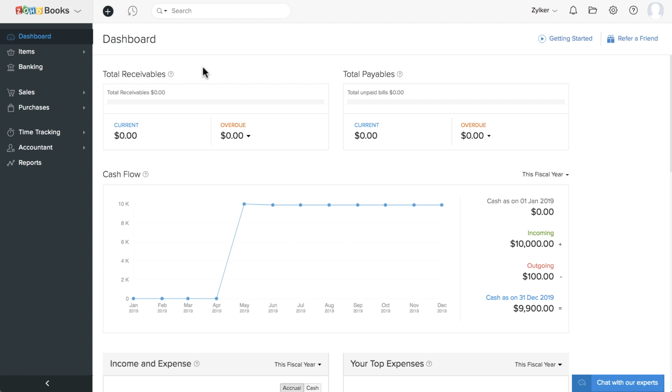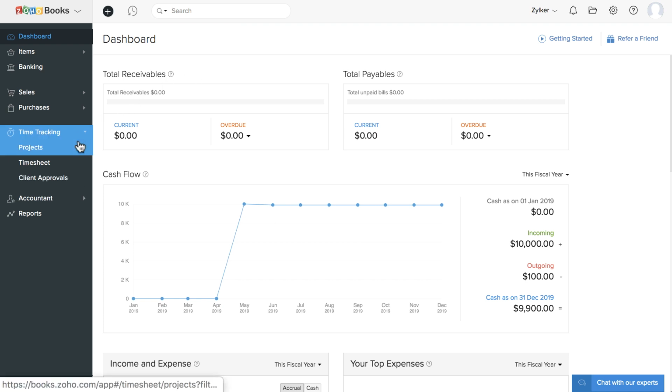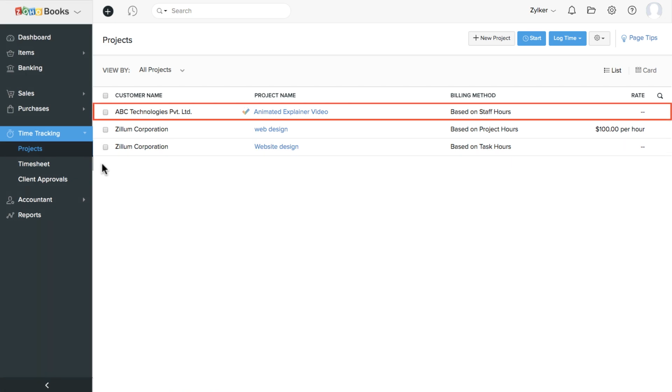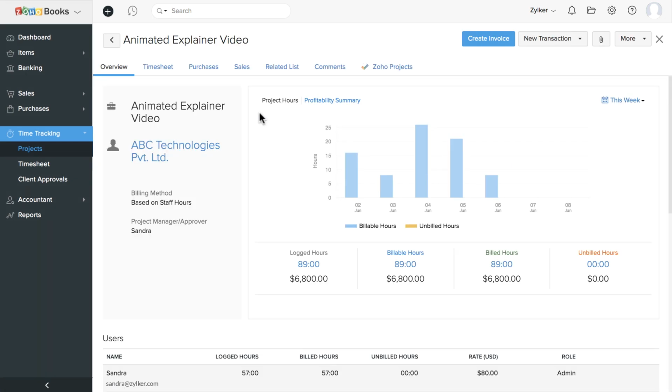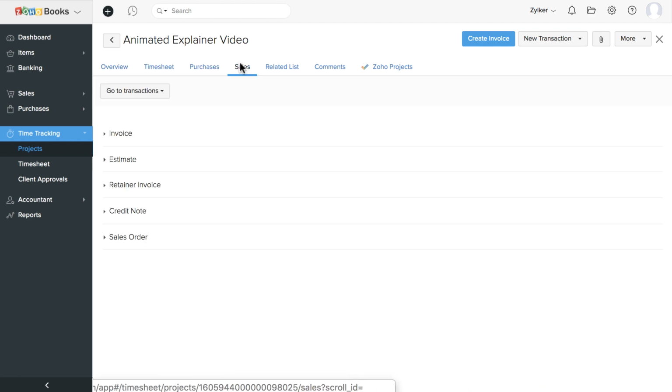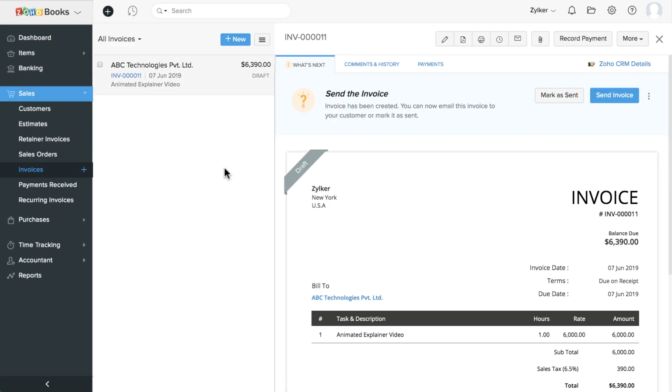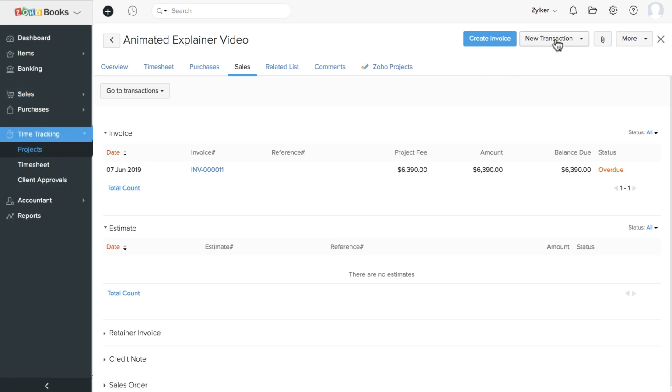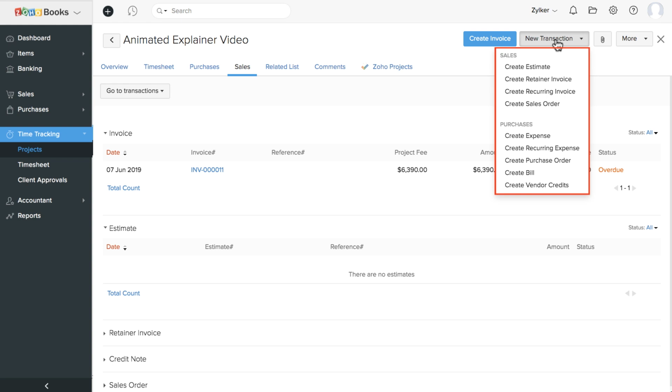Now log into Zoho Books and click Time Tracking. This is the project created for the primary client in Zoho Projects. As you can see, the tasks and timesheets created for this project have been fetched into Zoho Books along with the invoice that we created. You can verify this invoice and send it to your customers from here. Not only that, you can also create these sales and purchase transactions, thereby associating it with this project automatically. However, only the invoices, estimates and expenses that you create in Zoho Books will be fetched into the Finance tab in Zoho Projects.